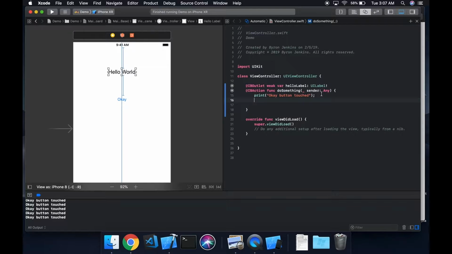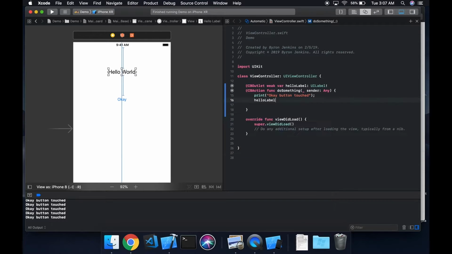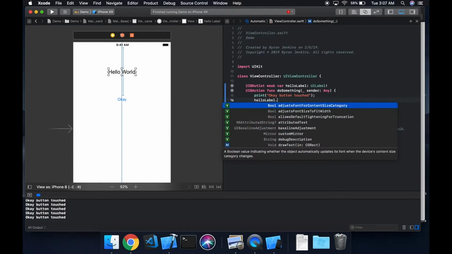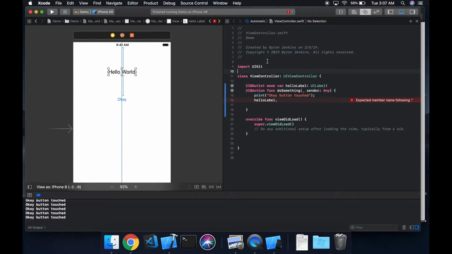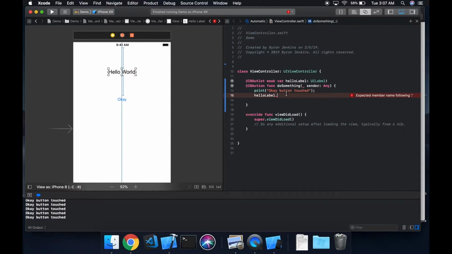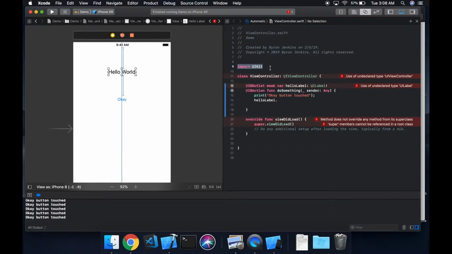So what we're going to do is reference that label, say hello label. The good thing I like about Xcode is that it auto completes. It shows the type and the variable. So hello label is of type UILabel. And if you type dot, it'll show up everything else built into UIKit. And this wouldn't work if we got rid of UIKit. So you'll have issues. Nothing pops up, and it's basically saying everything is undeclared, UILabel, and UIButton as well. So everything is having its issues. So just take that back, import UIKit,